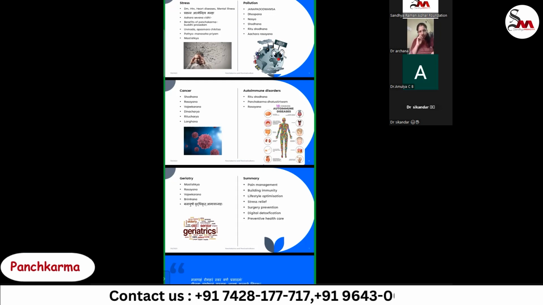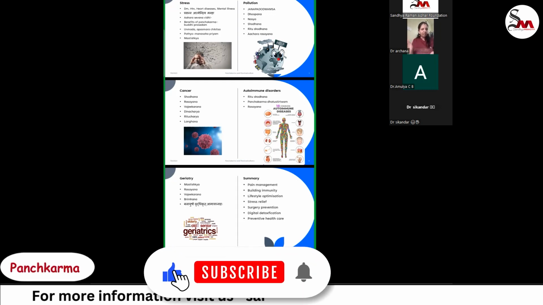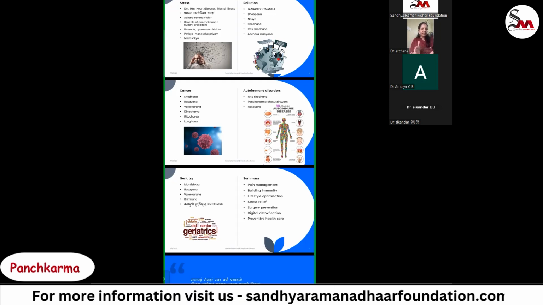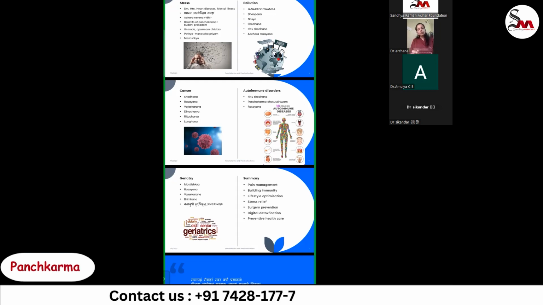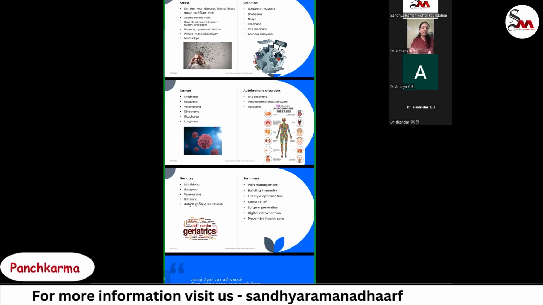And after Shodhana, no doubt we have to give them Rasayana. And with Rasayana, Vajikarana has to be given, because with chemotherapy and radiotherapy, along with the malignant cells, the normal cells also get affected. So Rasayana and Vajikarana are a must, but they have to be preceded by Shodhana, no doubt in that. Along with that, Rutucharya and Dinacharya have to be followed, and Langhana, that is fasting, which is a part of Panchakarma,